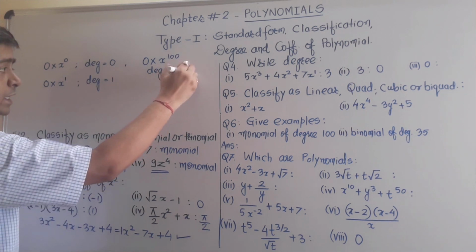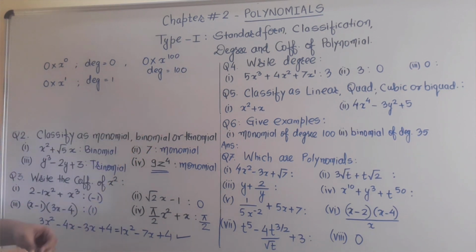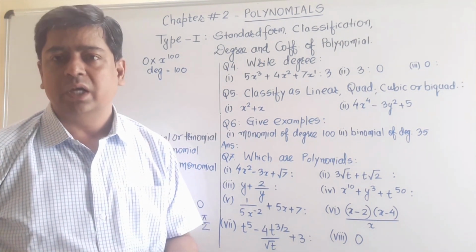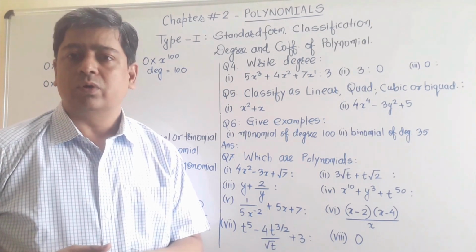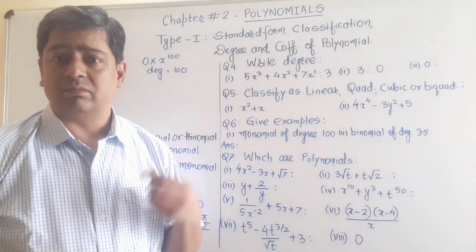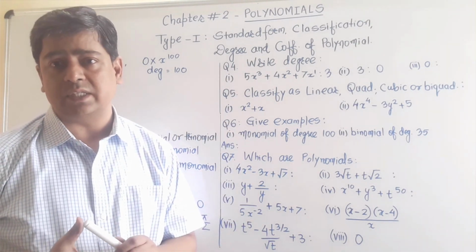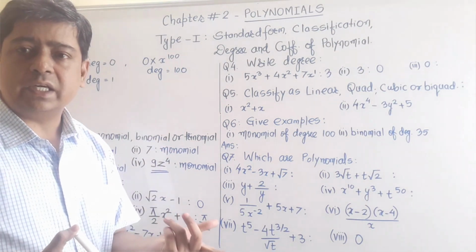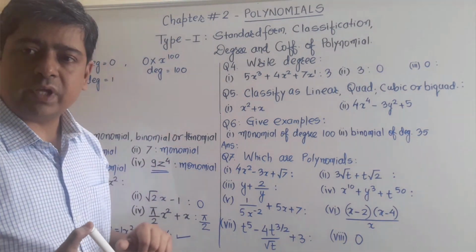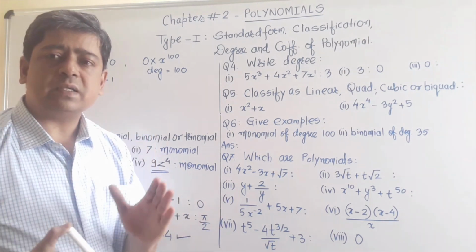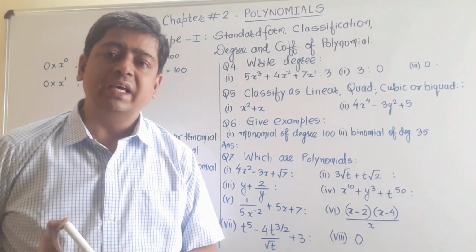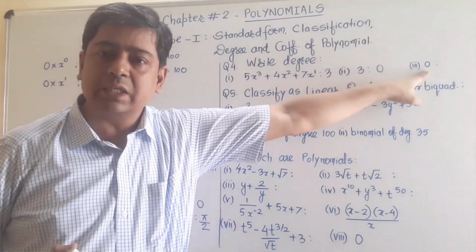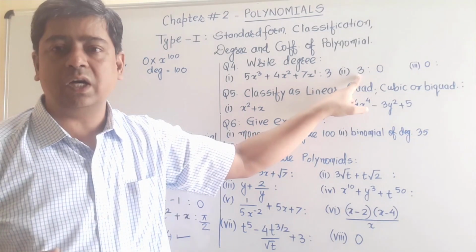If I continue in the same manner, I can take the power of x as any natural number. I can even take any number. In that case the degree will become whatever power I consider. Here I have taken the power of x as 100, so I can say that the degree is 100. If I take 50, the degree will become 50. So it is a bit of confusion what the degree of the 0 polynomial can be. This kind of polynomial is called the 0 polynomial, while that other polynomial is called a constant polynomial.